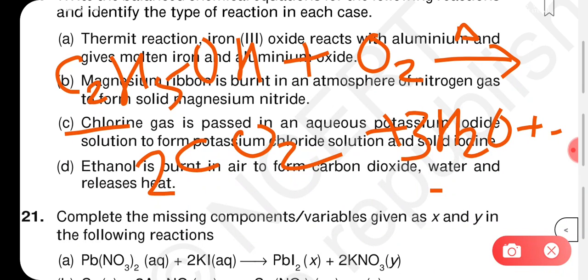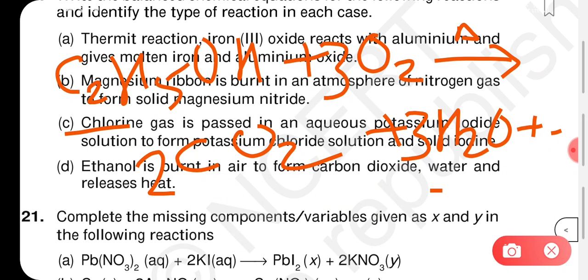Then moving on to the next one, that is oxygen. If we see, it is 2 plus 1, 3 atoms of oxygen in our reactant, whereas in the product it is 2 times 2 is 4, and 5, 6, 7, like this we are getting. So what you have to do is, if you add 3 over here, now it becomes 3 times 2 is 6, plus 1, 7. In the reactant it is now 7, and in the product also it is 2 times 2 is 4 plus 3, that is 7. So now it is completely balanced.